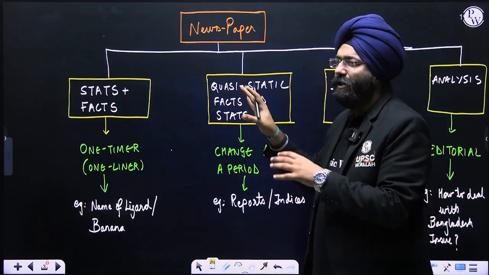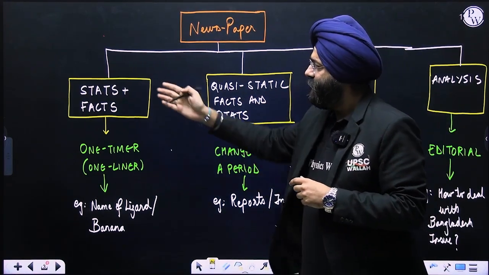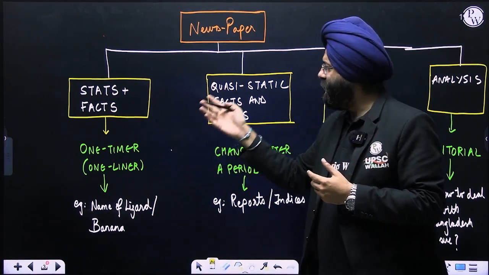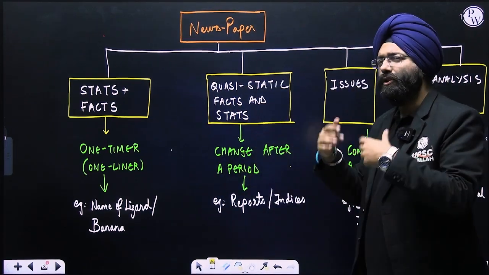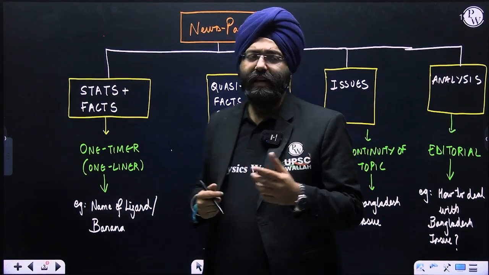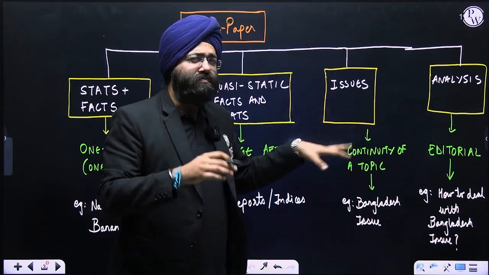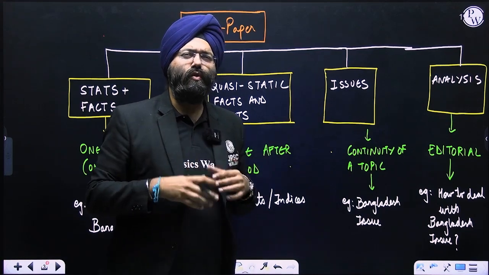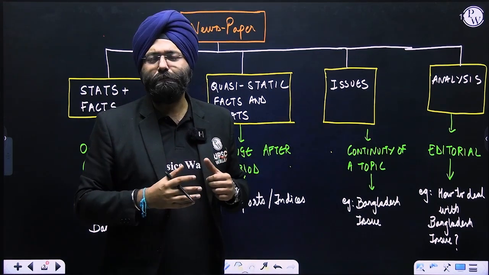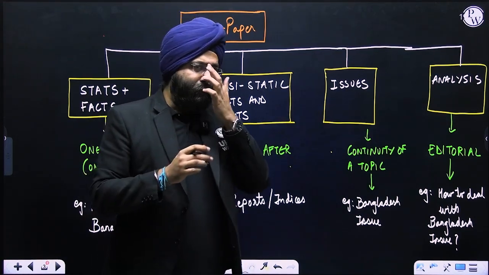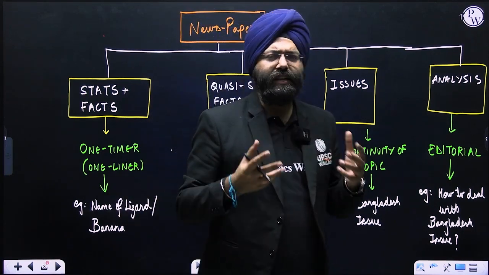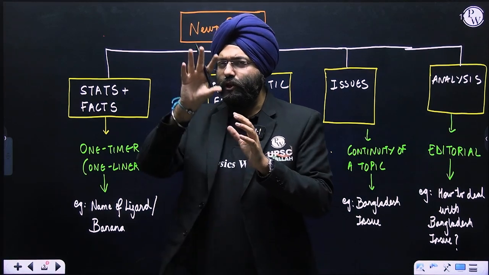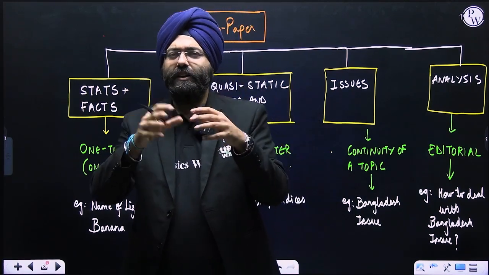When you read the newspapers, it is but obvious that you might miss various facts that would be given in, let us say, the monthly magazines. Again, quasi-static things, reports, these are also mentioned in your monthly magazines. You will say, so the broad issues are also covered. Sometimes editorials are also mentioned. So what is the need for reading the newspaper? Please remember, the monthly magazines that you students read, from any institute for that matter, are a compilation of certain issues, pros, cons, and a little bit of analysis.